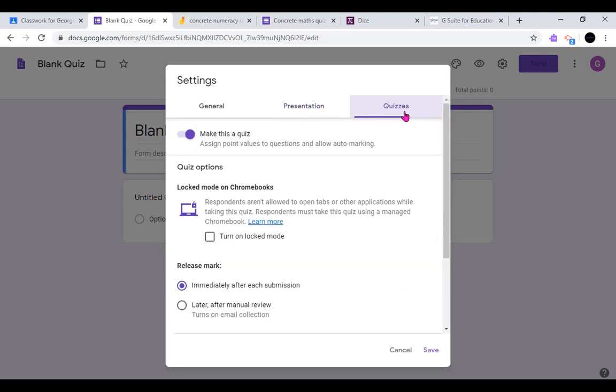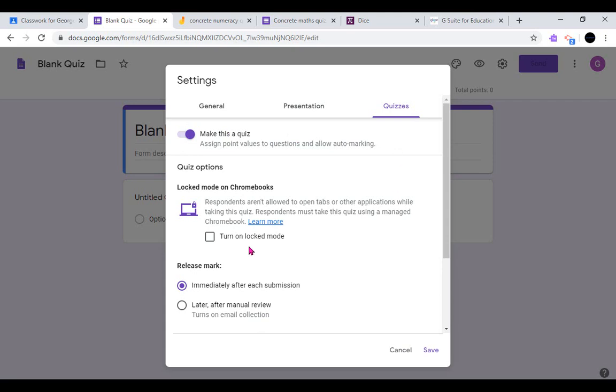bit more challenging there. And quizzes, if you didn't have it created as a quiz, if you've built a form, what I really like about this, you don't get in other similar apps, is you can turn it into a quiz with the flick of a button. So it is going to allow me to add answers even if I didn't build it as a quiz in